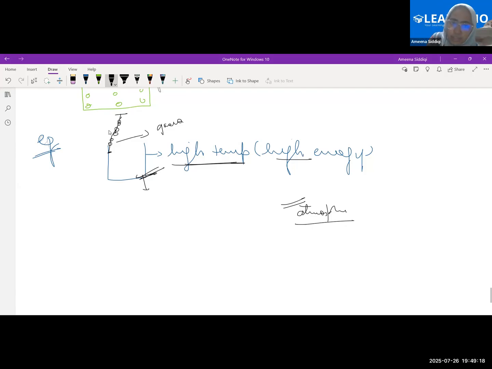Fine. So now what happens? Evaporation takes place here. Some of the particles, not all, some of the particles which acquire higher kinetic energy, due to the interaction with the surrounding, in this case the container, will transition to the gaseous state. When they transition to the gaseous state at a temperature below their boiling point, evaporation happens. If evaporation happens, definitely a cooling effect will be seen on the surrounding, here, that is the container. I hope this point is clear.